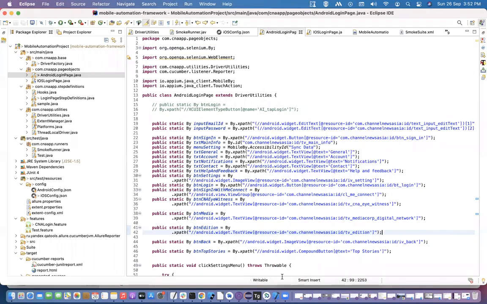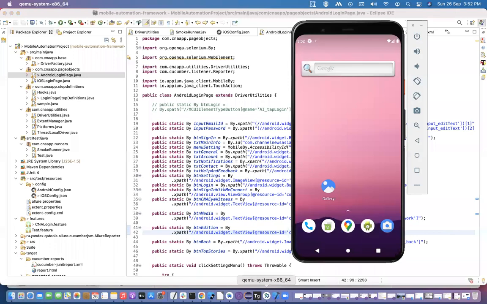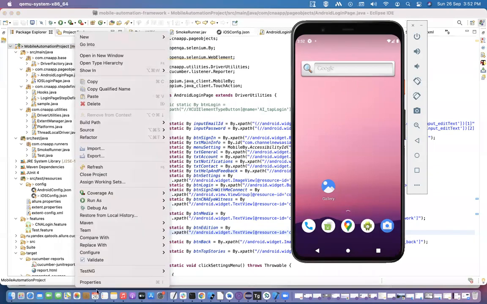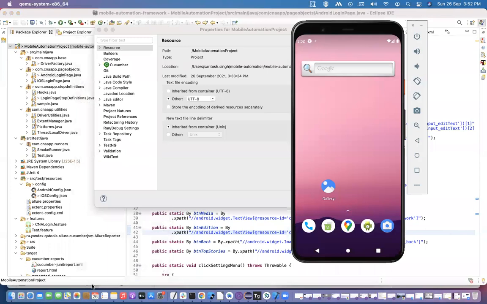Let me run on the Android application. I'm just running from the command line, so we are moving to the project. Let me check.